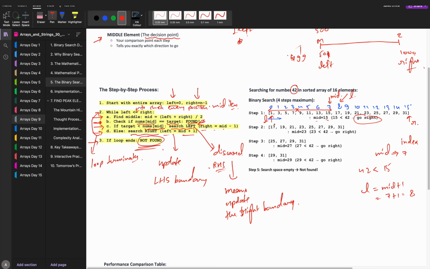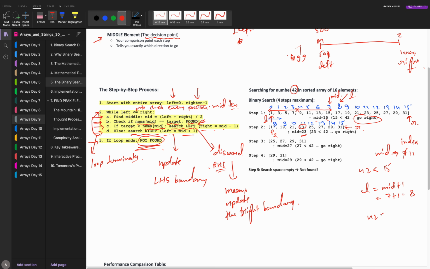You can see 17 is at 8th index. So here I can update the indexes 8, 9, 10, 11, 12, 13, 14 and 15. You can see. है ना? So my left is here and the right is here. Okay. Now you again find the mid. So 15 plus 8, 23 divided by 2. Correct? 23 divided by 2, I will get what? 11 if I take the base. Index is 11, item is 23. So mid item is 23.